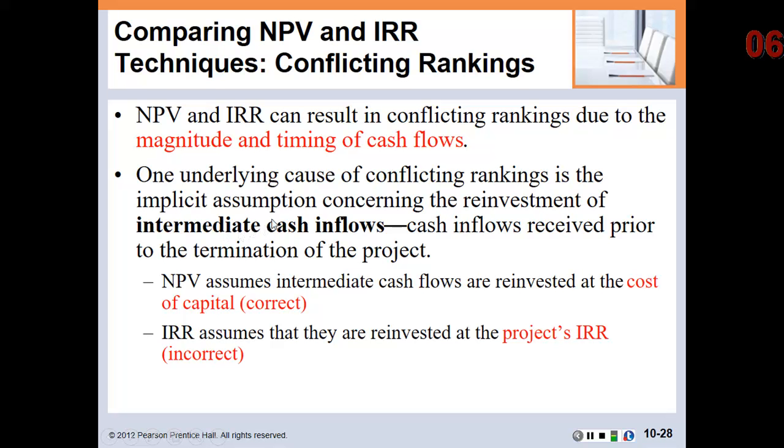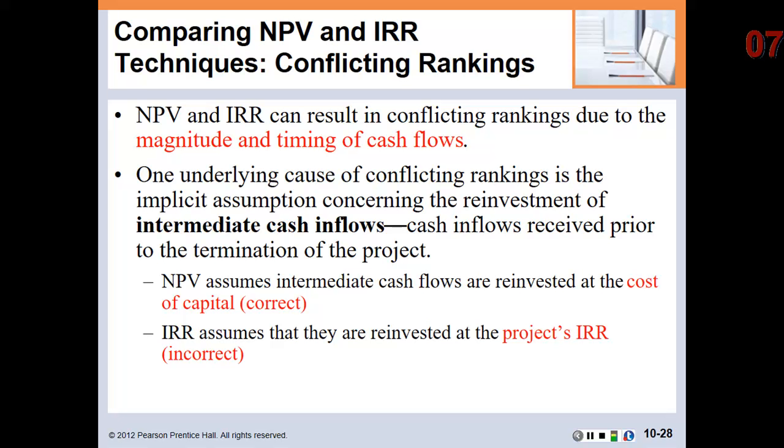This is referring to whenever you invest in a project. For example, Project A. We spend $42,000 today, and then it brings in for us $14,000 per year. This is referring to intermediate cash flows, and the intermediate cash flows are the cash flows that flow in. It's that $14,000. And when that comes in, the company doesn't just put it in a drawer somewhere and lock it up. They reinvest that money into another project.